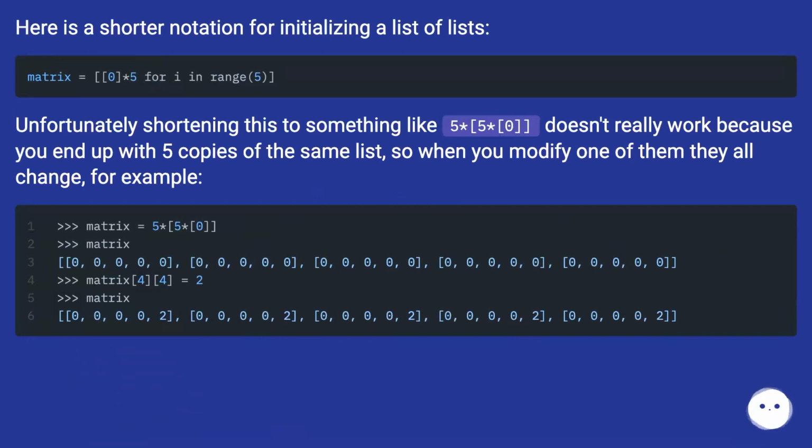Here is a short annotation for initializing a list of lists. Unfortunately, shortening this to something like 5*5*0 doesn't really work because you end up with 5 copies of the same list, so when you modify one of them they all change. For example,